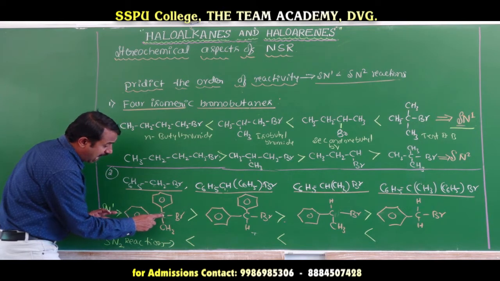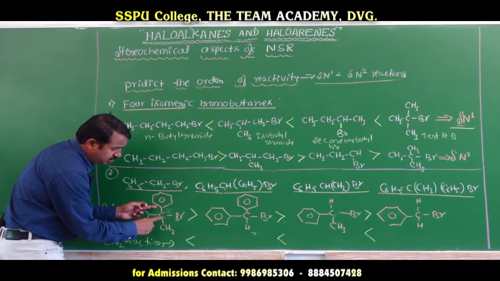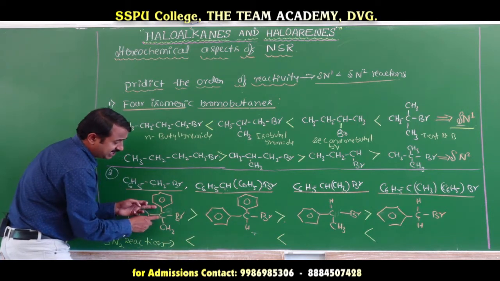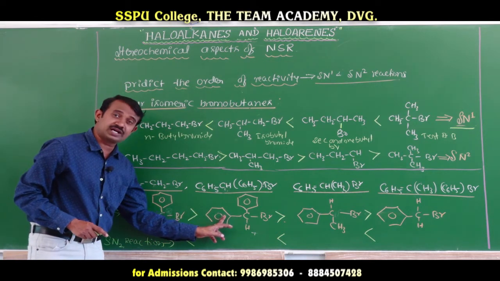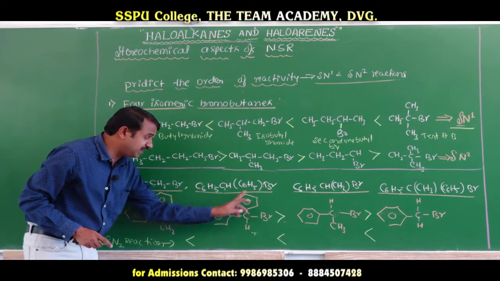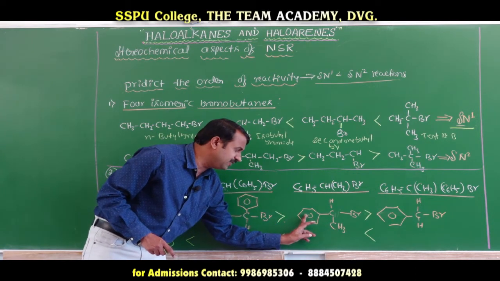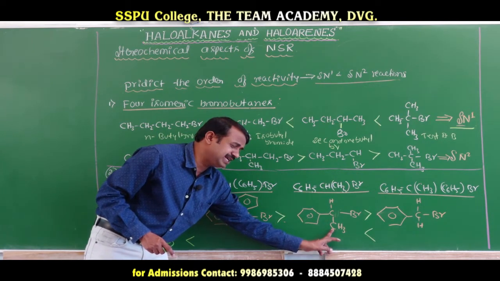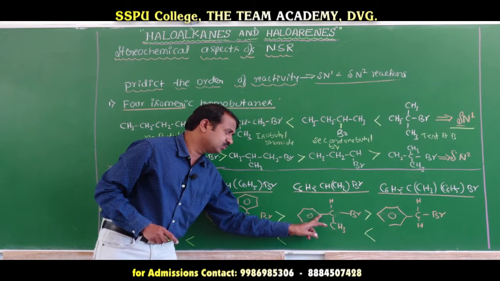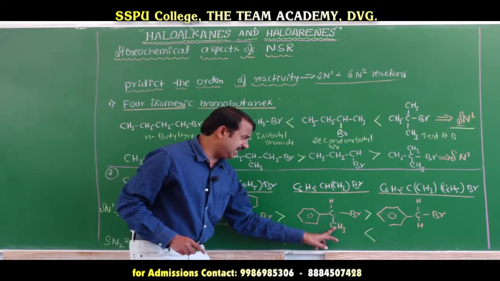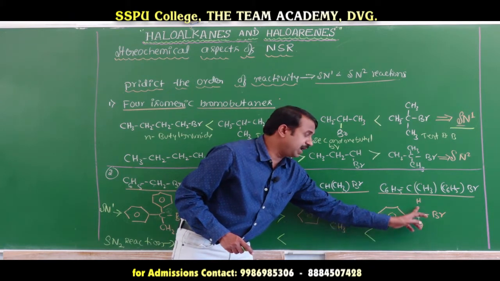Here the carbocation is more stable because resonance will form. A tertiary carbocation is more stable than a secondary one, so the tertiary bromide is more reactive than the secondary. Both have a phenyl, but here one phenyl and one methyl are there. Listen carefully. One phenyl means one resonance form, and here with two phenyls it is more stable than one phenyl and a methyl. Here methyl is there, but here hydrogen is there, so the carbon is a primary carbocation.